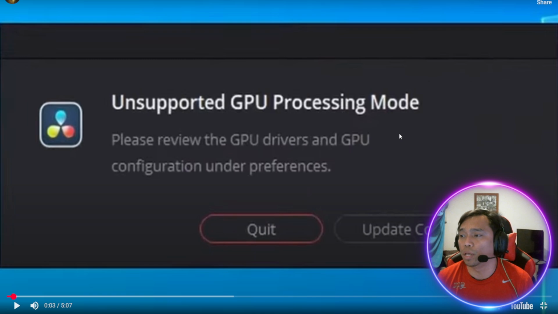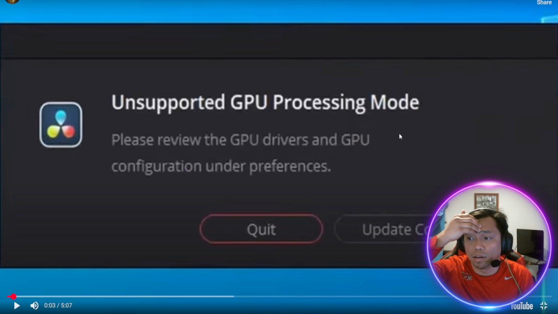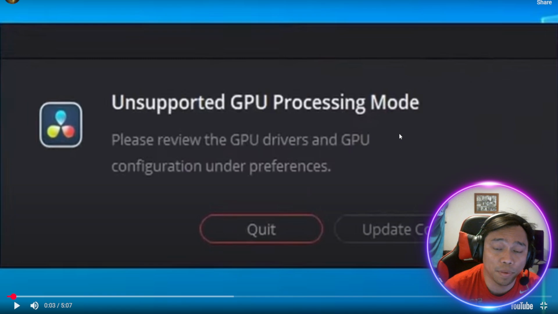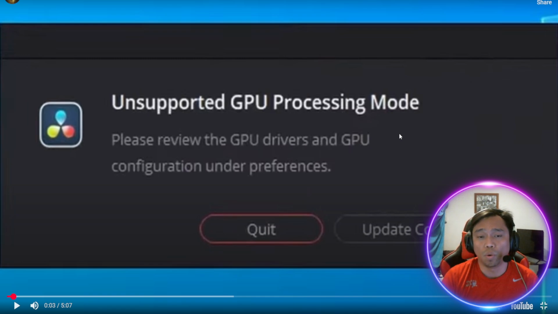By the way, I'm using an AMD Radeon RX 6700 XT graphics card. I tried any video on YouTube and tried any solution, but